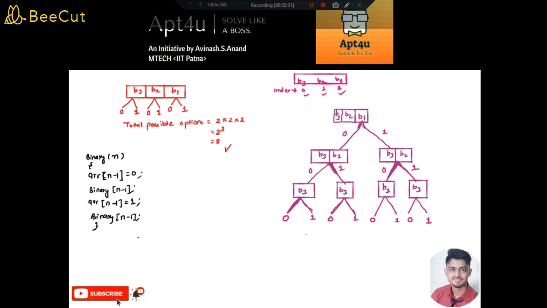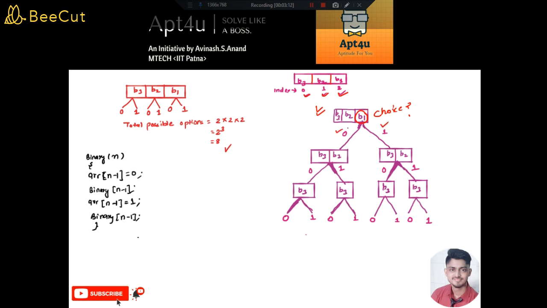So basically, first of all, since I am considering a 3-bit number, the array size will be 3. These are the index locations of the array: 0, 1, 2. This indicates bit 1, bit 2, bit 3. Fine. Now let us develop an outline about what we are actually going to do. We know that at every bit position we are going to make a choice. If you clearly see this diagram, for bit 1 we have to make a choice, in the sense we have 2 paths to follow, that is bit 1 can be either a 0 or a 1.